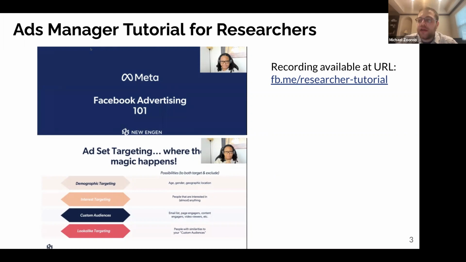So this is a very helpful description of the tools of the Ads Manager and the different options. It's a very efficient talk in the sense that if you come from not knowing anything about the Ads Manager, you'll know what all the different terms are and the different targeting options and things like this. This is a bit different from the talk that I'll give, which is a bit higher level and policy focused.